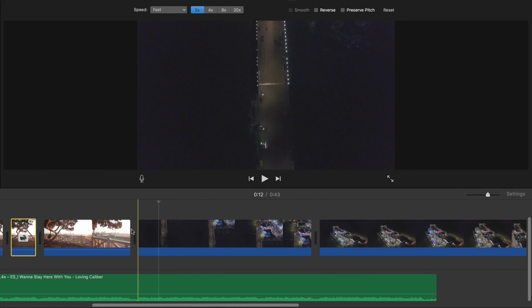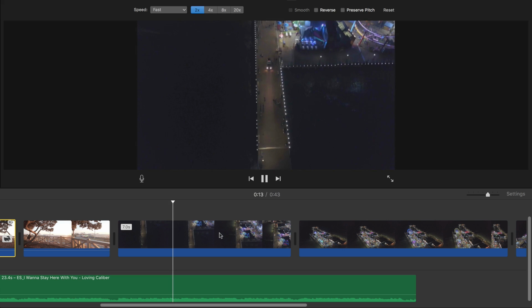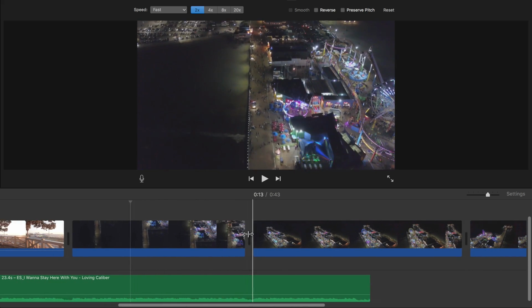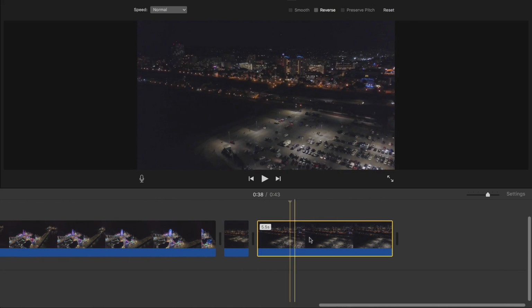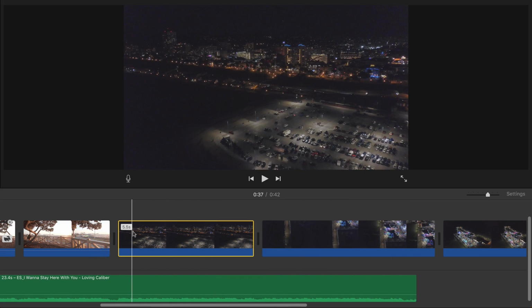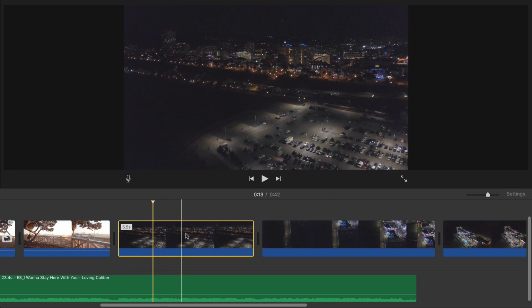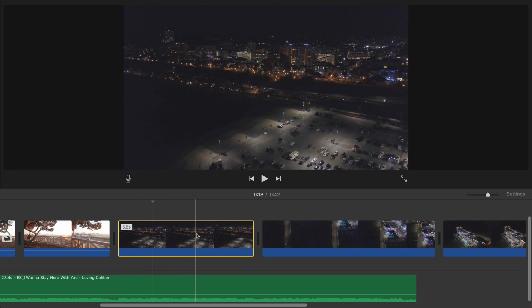So now if we go ahead and push play, and it's coming along pretty good. So let's see what that looks like. In this case, we're not going to add this bit here. We're going to add this clip here. So we're going to delete that one and we're going to drag this one in the beginning because this is kind of like an opening scene. You kind of want to make sure that the video makes sense when you're adding or changing the clips